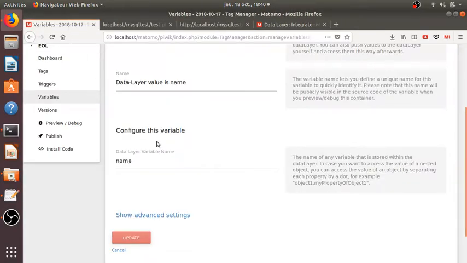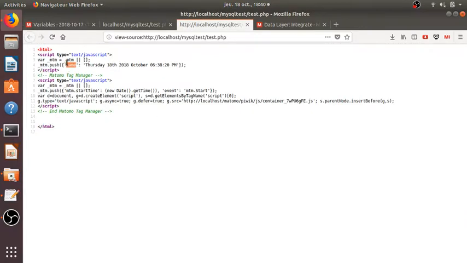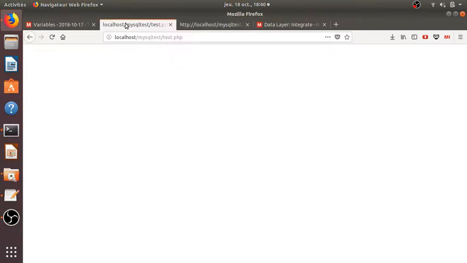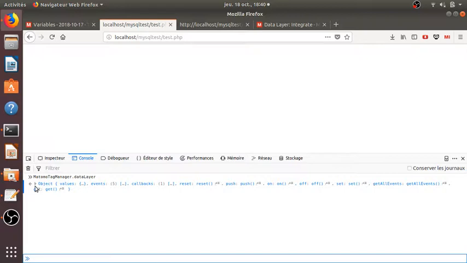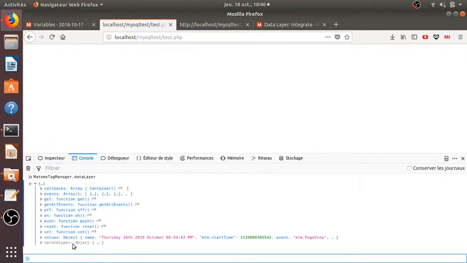Now that I created it, I know that it's working well because I can see it on my web page. You can even double check it by inspecting the source code of the page. If you start to write something like Matomo tag manager dot data layer and a dot, and we inspect the data layer, you will see that there's a name attribute and then there's the value.